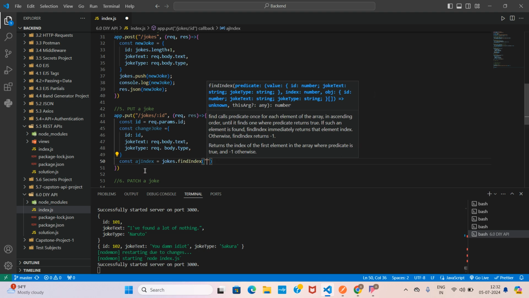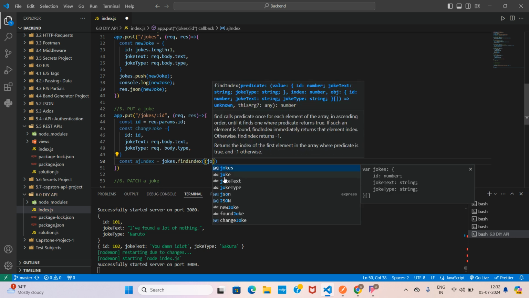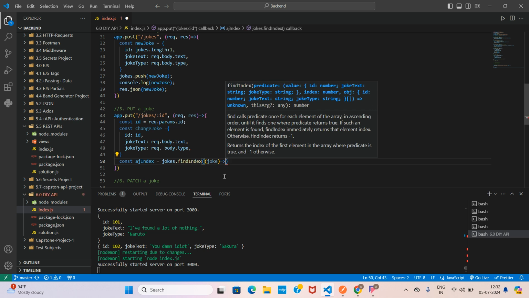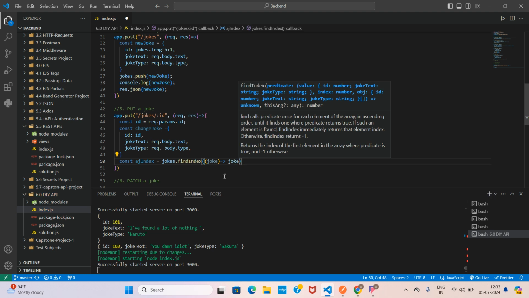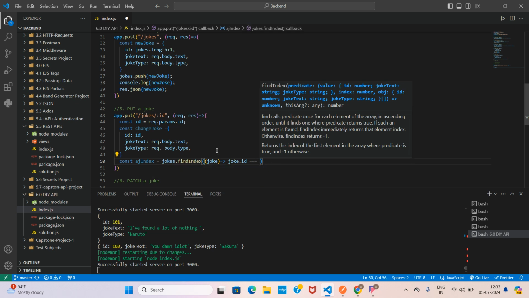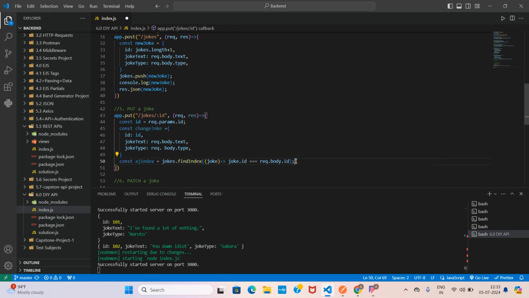Find index. Joke. What will we do? joke.id equal to the id that's been entered by the user, or request.body.id will do the same thing, I guess. If it doesn't, we're going to change. Okay, no problem. jokes[aj index]